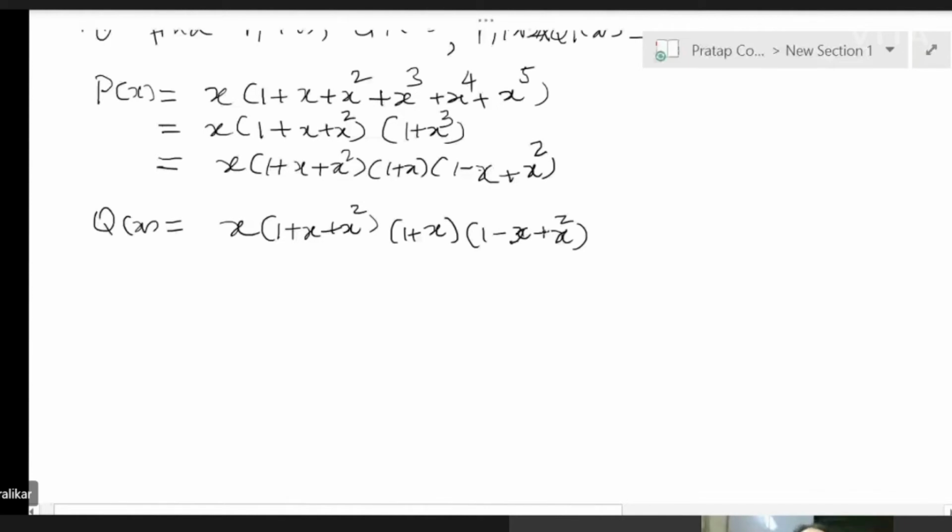And now you know that these are irreducible factors, because either the degree is 1 or even if the degree is 2, you know enough to know that these are irreducible over Z, that they do not have roots in Z or even Q. So Px and Qx both are factored into irreducible factors, and since their product has to be the same, what do we have? Px into Qx is x square. Then let me collect all the linear factors together and the quadratics next.